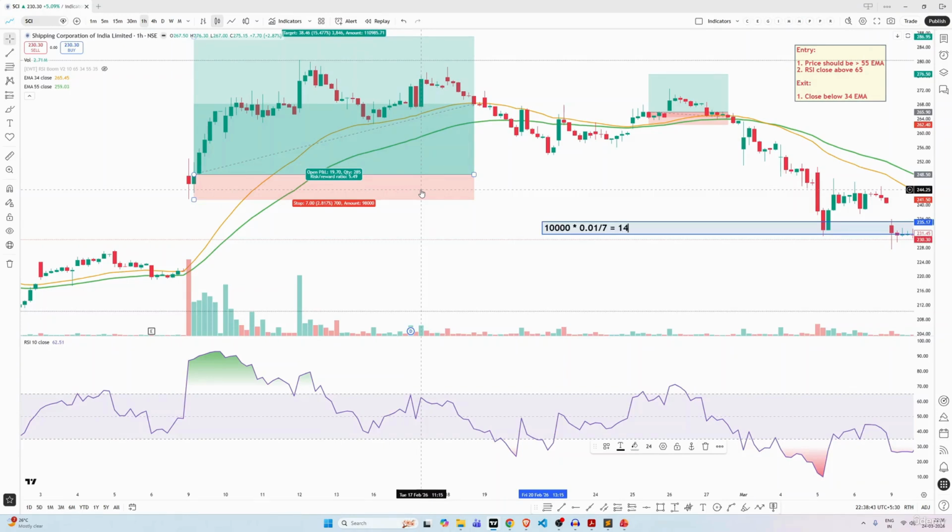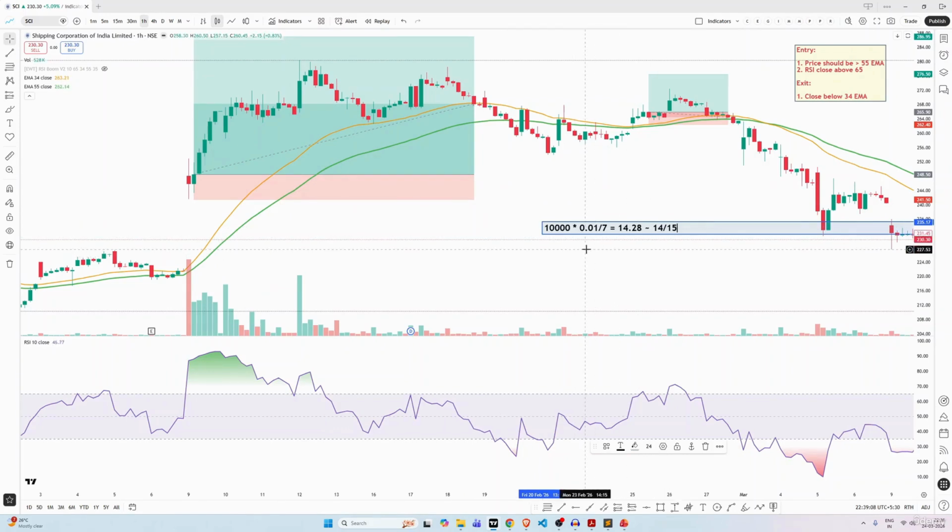This gives me 14.28, which is roughly 14, or you can even buy 15. So whatever works for you. So when you buy 14 or 15 stocks with this stop, and if this stop is hit, you are not going to lose more than 1% of your capital,